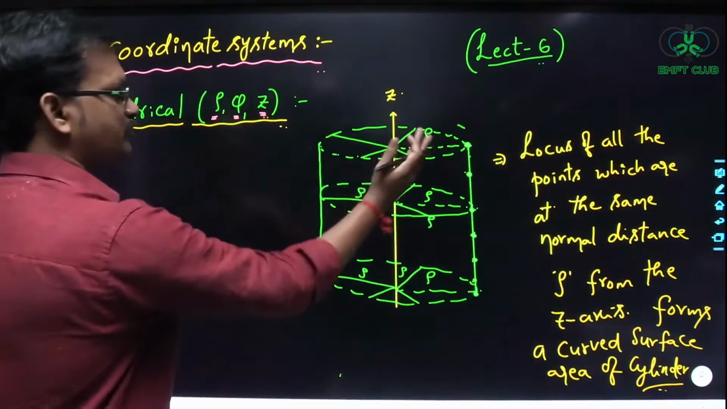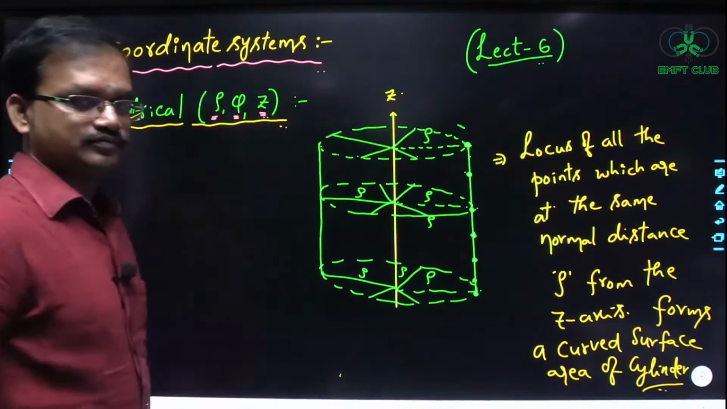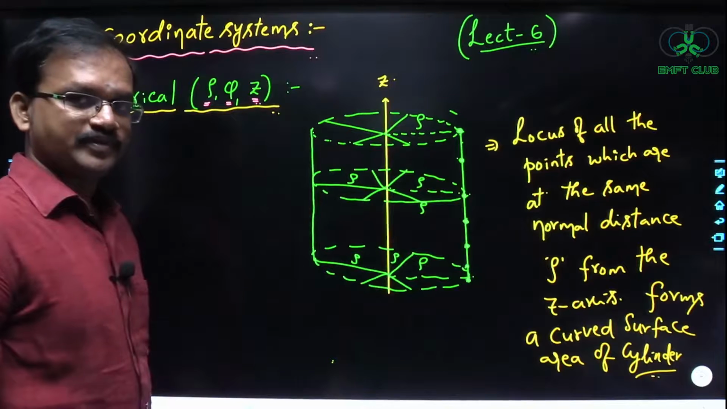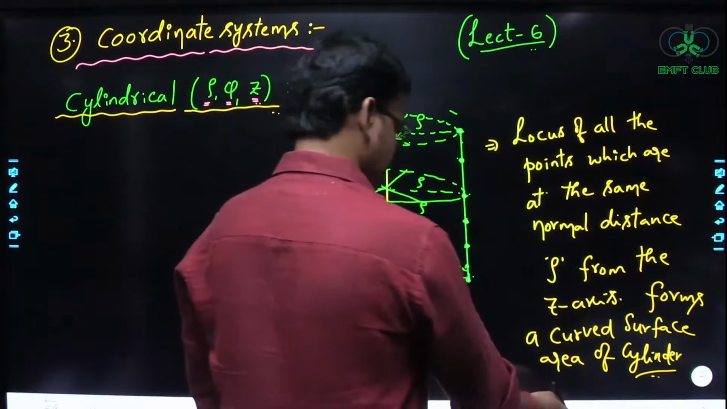So it is going to form the curved surface of the cylinder, right? So this is one way to construct a cylinder, right? Okay. So next, see here. Next,